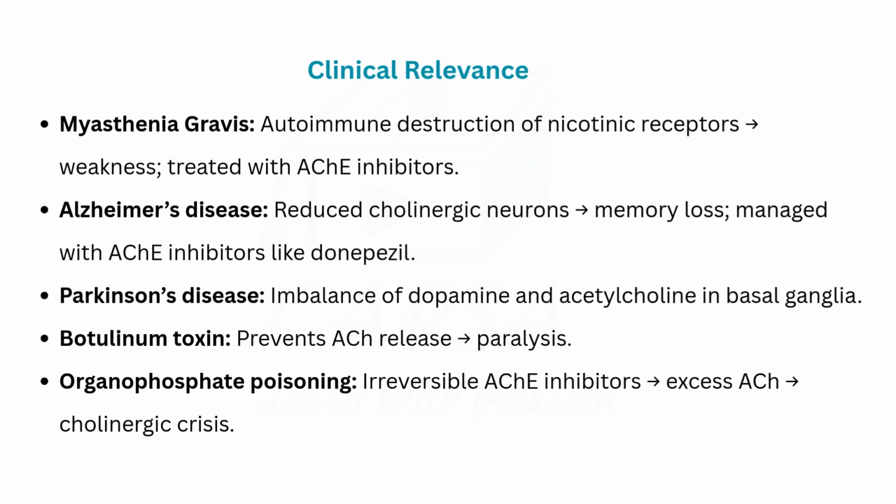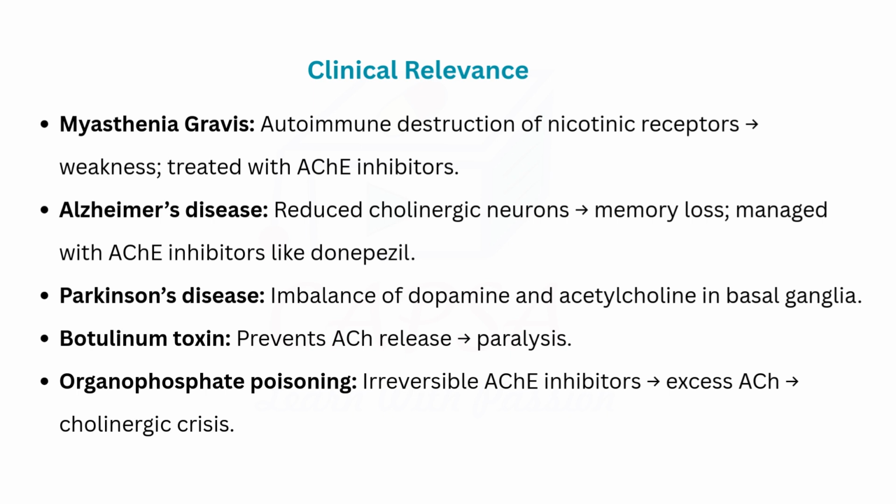Next is Alzheimer's disease. In this condition, there is a loss of cholinergic neurons in the brain, especially in the areas important for memory and learning. This reduction in acetylcholine contributes to progressive memory loss. Drugs like donepezil, which are acetylcholinesterase inhibitors, are used to slow down the symptoms by maintaining higher acetylcholine levels in